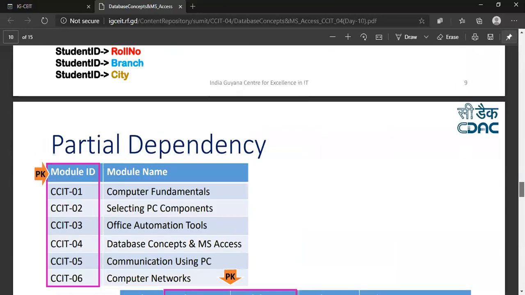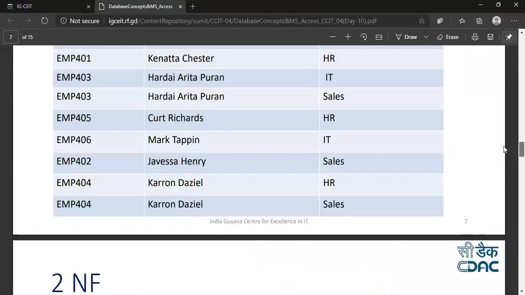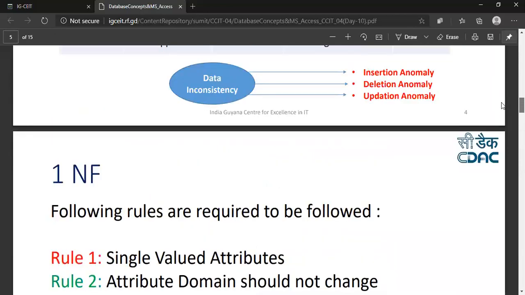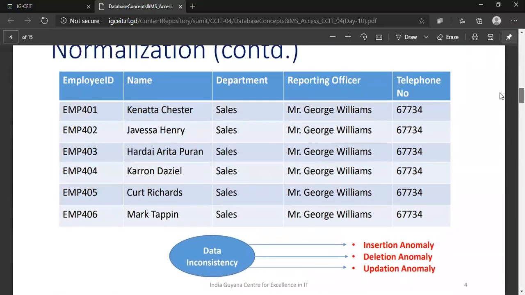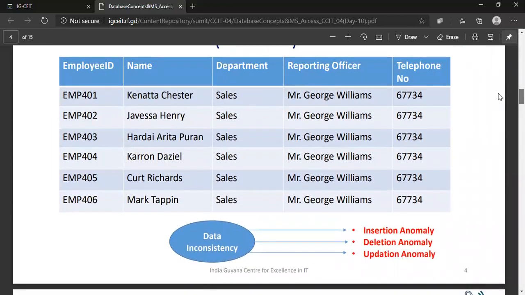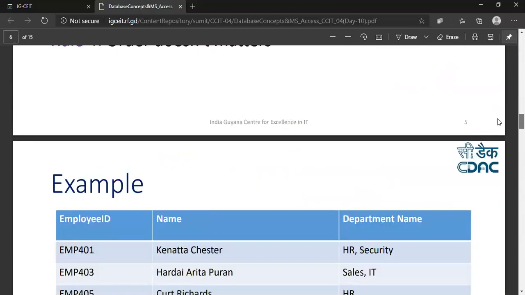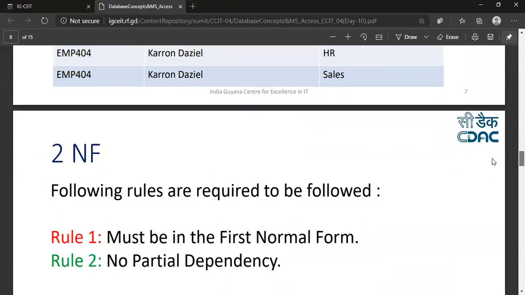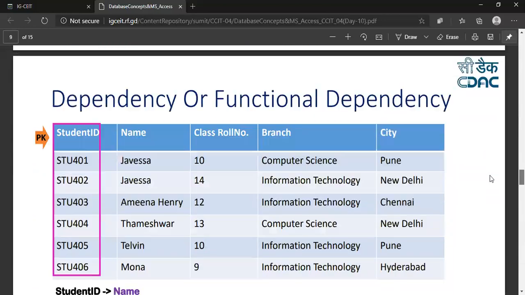Guys, please go through the slides thoroughly and read all the definitions and rules given in this slide. Also see the tables carefully and see the values given in each table to get an idea about different forms of normalization.